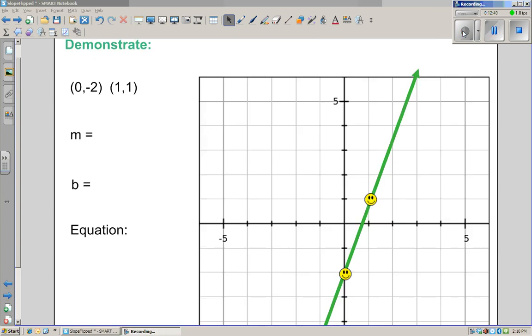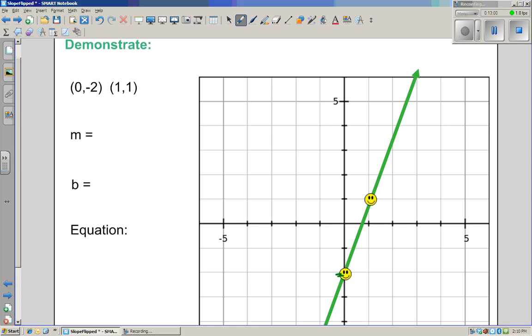Now that we know how to write equations, we're going to work on actually constructing the equations. You will see on the left-hand side, we have our ordered pair, which I already graphed out for you. Next, we have the m, which stands for slope, the b, which represents y-intercept, and we're going to put all of it together. So we're going to start in our first dot, and we are going to see what our